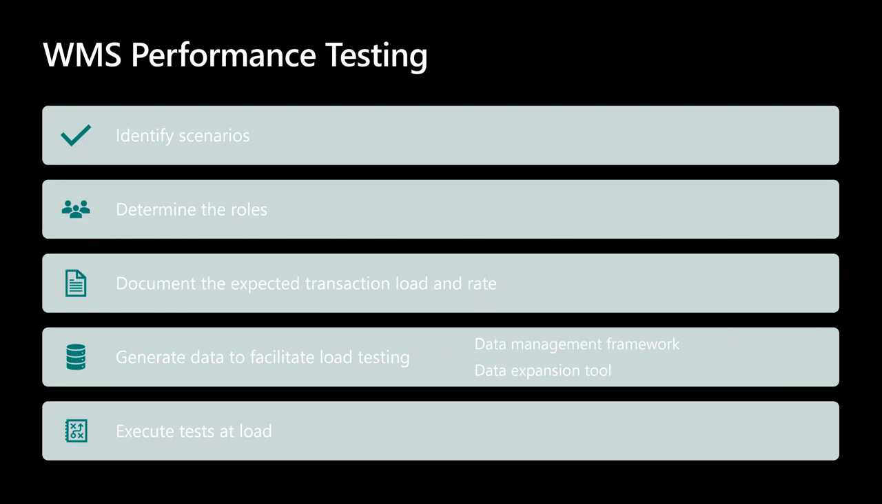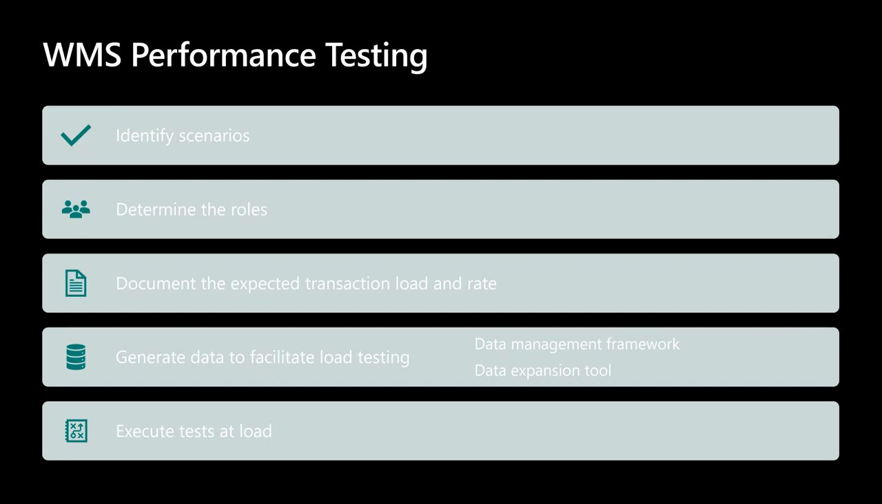How to set up this performance testing from a warehouse management perspective is basically what we're going to be walking through here next. What you need to do is identify the scenarios that you want to performance test from a warehousing perspective, determine those user roles within the warehouse, and document those expected transactions and load rates. We need to generate our data so that it's available for our users. And there are a couple of different tools available there: the data management framework, if we wanted to import data, or the data expansion tool within the application itself, that would let us set up